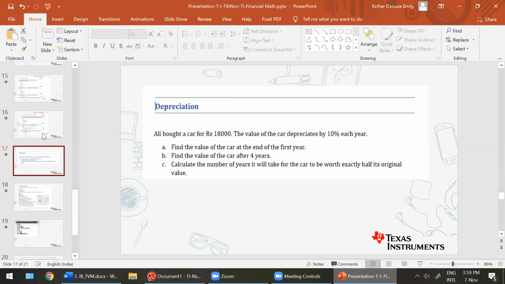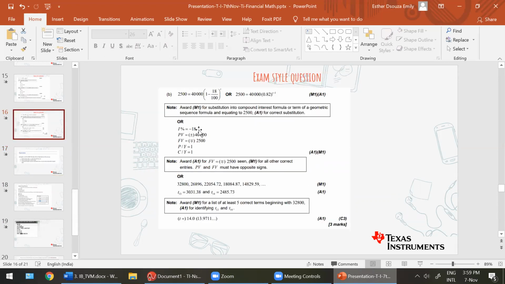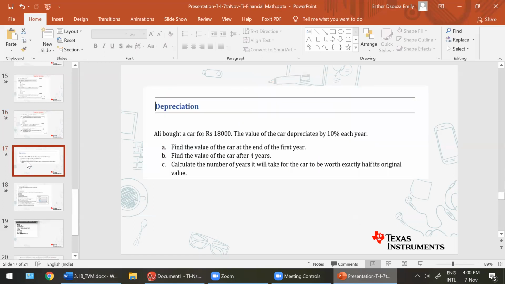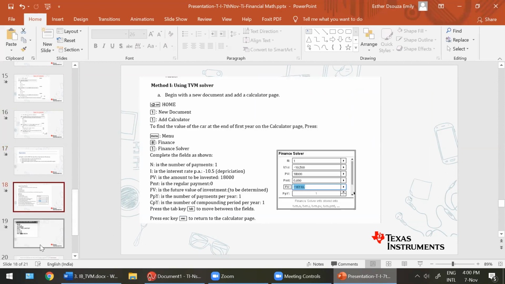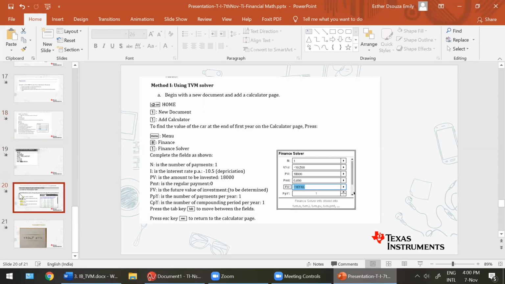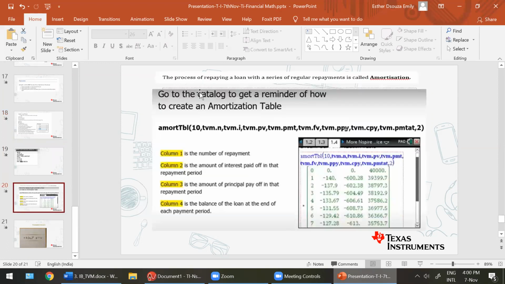So students, I'm happy to know that you have got this part correct. Be alert that the interest rate should be negative for depreciation, and be alert to negative values of FV, PV, and so on. This question was just to reiterate that it's negative. And I'd also quickly love to show you how amortization works.